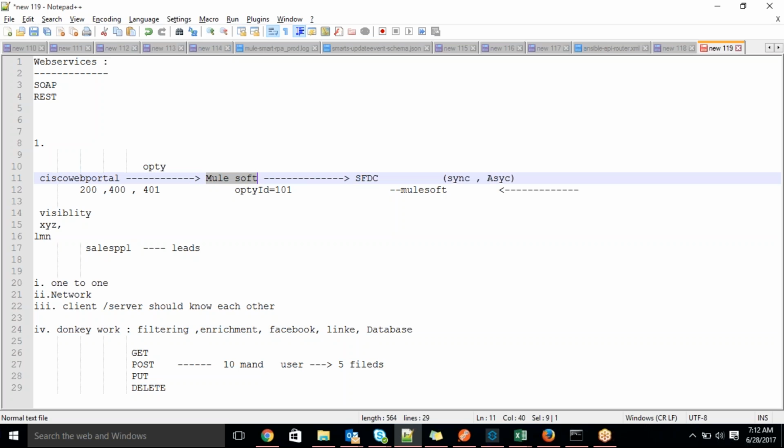And another reason is it's high visibility, guys. High visibility in the sense, clients will expect high visibility servers. Whatever MuleSoft servers they introduce, we can deploy in multiple ways: we can deploy in CloudHub, we can deploy in on-premises servers, and we can deploy in our local also, guys.